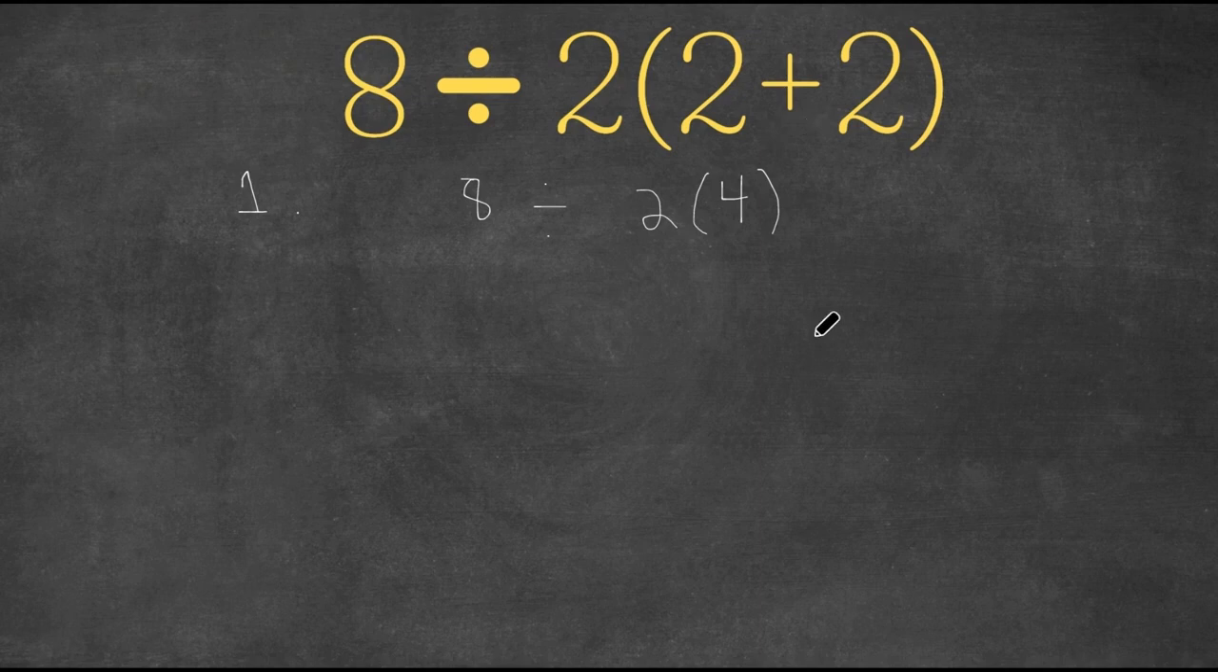However, what people disagreed on was the next step. Some people said that you should multiply the 4 and the 2 first. So 4 times 2 is 8. Then we would have 8 divided by 8, and this would equal 1. Around 50% of people said that you should do that, and the other 50% said that when you're given this,